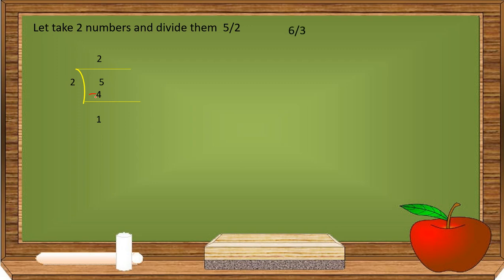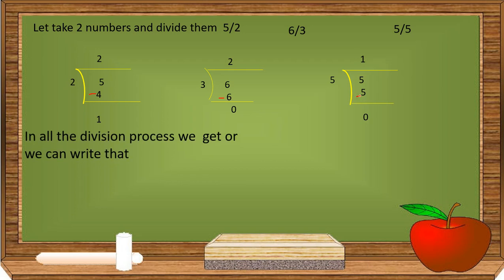Take one more example, 6 upon 3. So this we have to divide. As we know that 3 2s are 6, so 6 minus 6 is equal to 0. One more example, 5 divided by 5. We get 5 1s are 5 and 5 minus 5 is 0. In all these three examples,